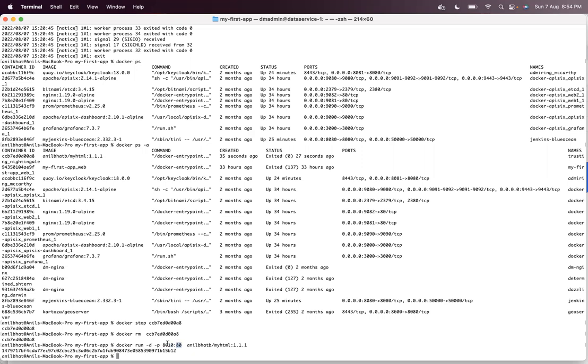But to the outside world, that is to our local machine, it is mapped to port number 8010. So you can access this simple HTML web application using port 8010. Tomorrow, if you run another Docker container, you have to expose it on a different port, so there will be no collision.